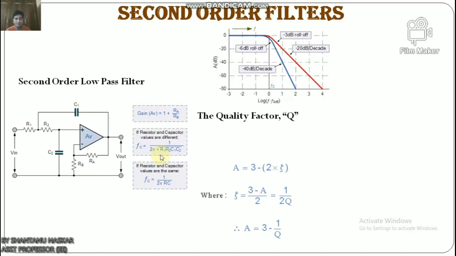The main difference between first order and second order low pass filters is that the stop band roll off will be twice that of the first order filter, at 40 decibel per decade or 12 decibel per octave, as the operating frequency increases above the cutoff frequency point, which is shown in this figure. This is the normalized low pass frequency response. The Bode plot here is basically the same as that for the first order filter. The difference this time is the steepness of the roll off, which is minus 40 decibel per decade.